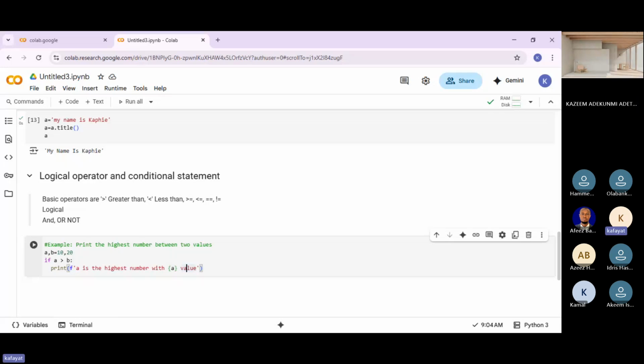With this as value. As value. Else print.